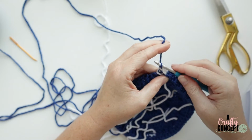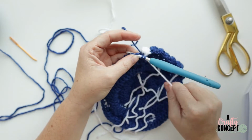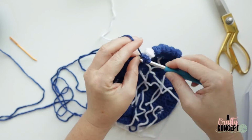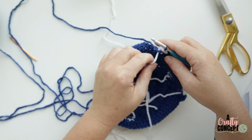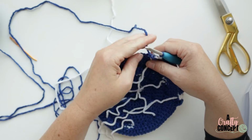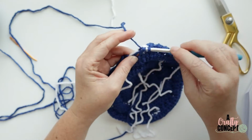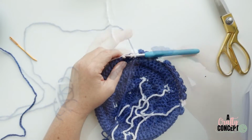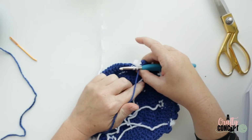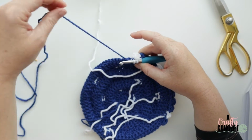Now we are going to do 3 bobble singles with our blue. So we're going to do 3 bobble singles with blue, going over your white. Be sure to go over your white. I forget that almost every single time I switch to white. I almost have to always pull my work back out and remember to crochet over the white. Okay, I did my 3 blue and my 1 white. Now I'm switching back to blue, and we're going to do 5 blue, making sure to go over your white